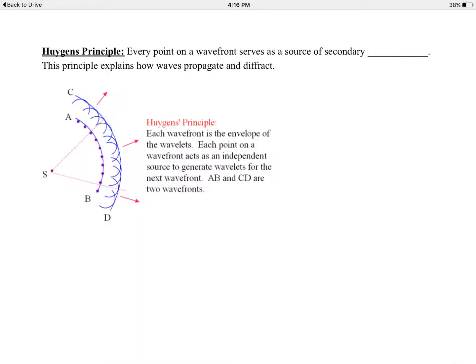Huygens' principle is essentially a precursor to diffraction because it sort of explains diffraction. It explains how waves propagate and diffract. And it says that every point on a wavefront serves as a source of secondary waves. So what's happening here in this diagram, you have these wavefronts, these circular wavefronts in blue. I'll highlight them. And what they're showing you here is these wavefronts are traveling outward from the